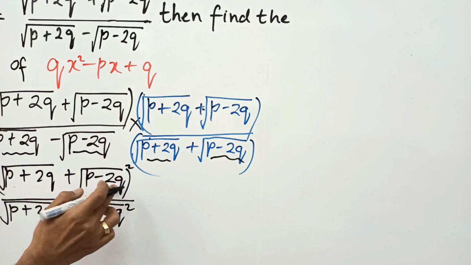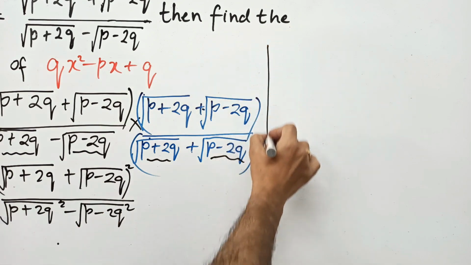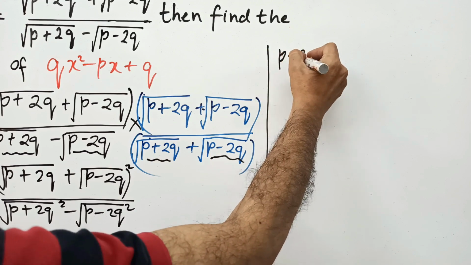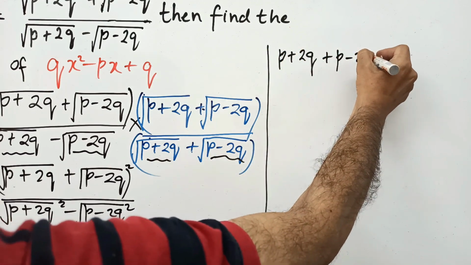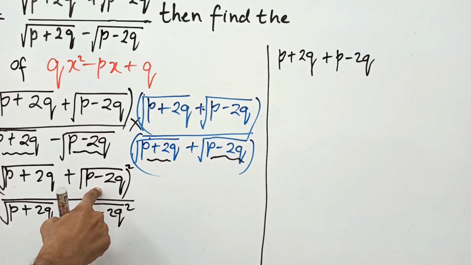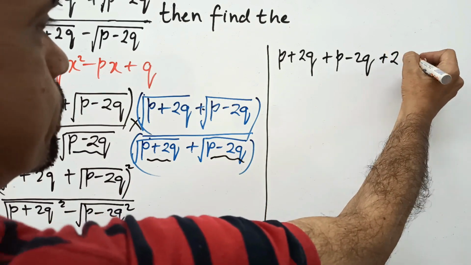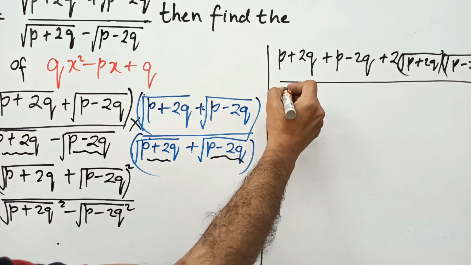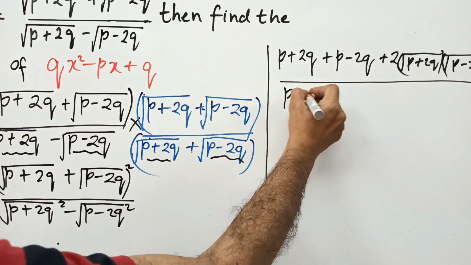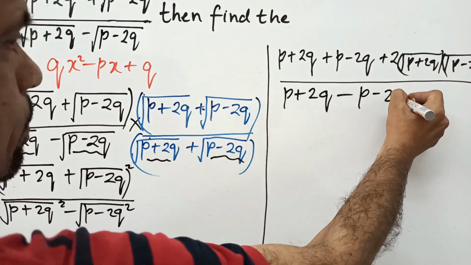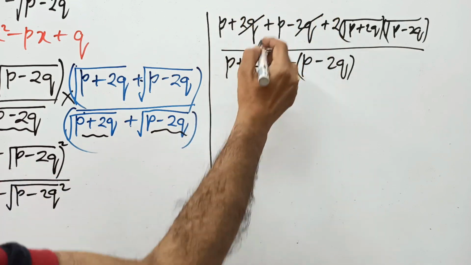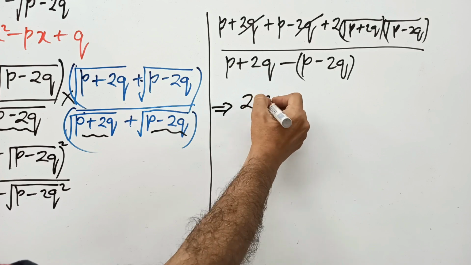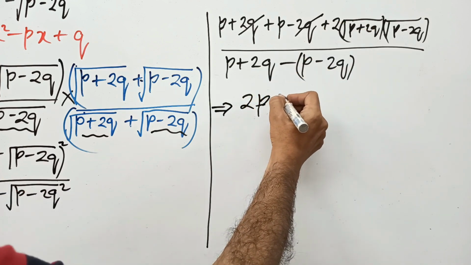Now here for a plus b whole square, we will use the identity a square plus b square plus 2ab. Again the square root will be open, then 2ab. A square minus b square means the square root will be open. 2q plus minus cancel. So numerator 2p. Now in the square root,